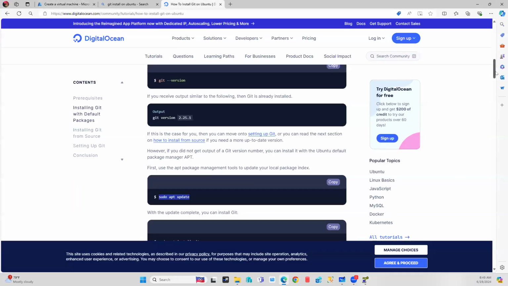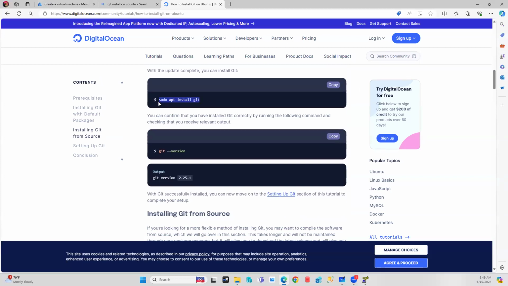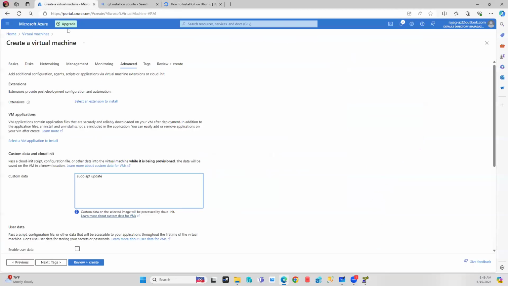This is how you can pass the commands. So once your operating system is done, it will try to install Git on your VM. You know that Linux works completely with the command line. So along with the operating system, if I want to install something,